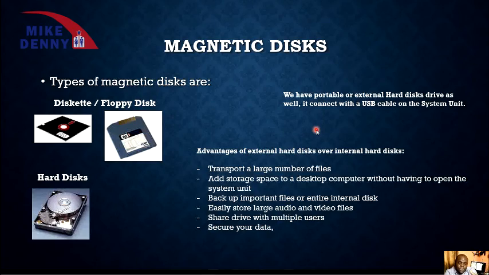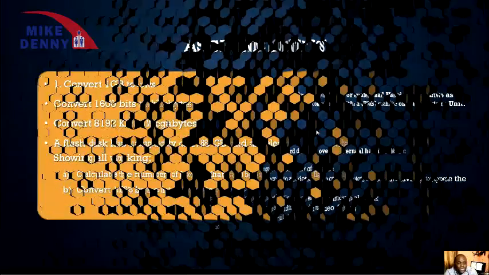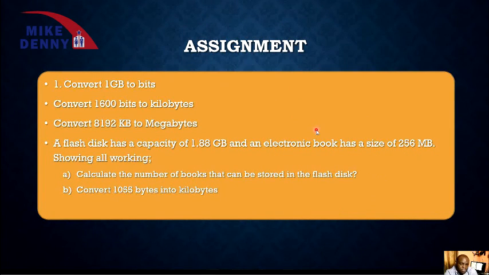Let's go directly to the assignment. What I want you to do is this. First of all, I want you to convert 1 gigabyte to bits, and I want you also to convert 1,600 bits into kilobytes. Then you are going to convert 8,192 kilobytes to megabytes. And tell me, if a flash disk has the capacity of 1.88 gigabytes and an electronic book has a size of